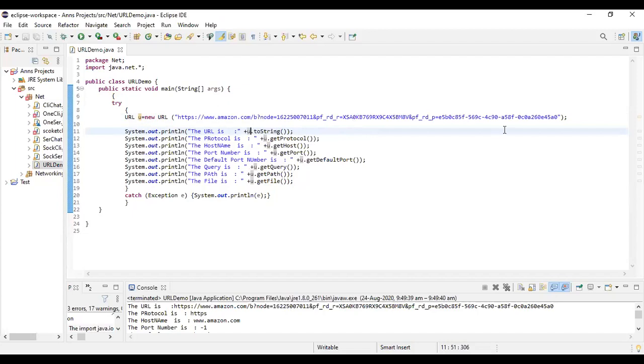So hope you're getting an idea about what the URL class is. The URL class helps you to get the data or the properties of all the URLs in a particular web page. Now we'll write the program for downloading a page or an image or whatever in a given URL.